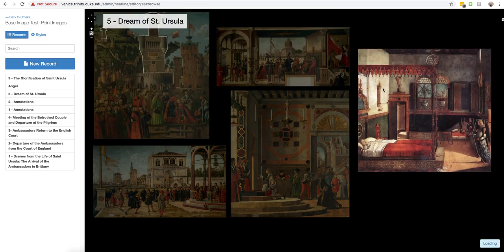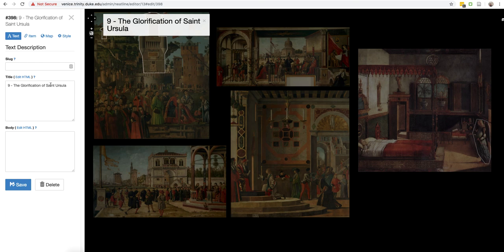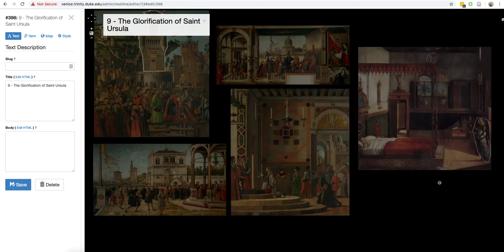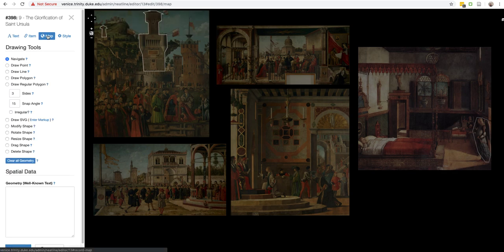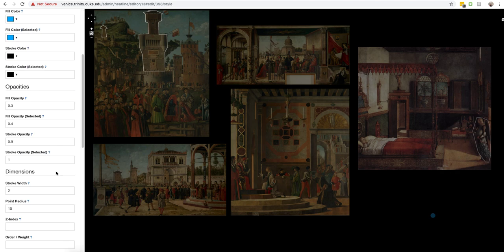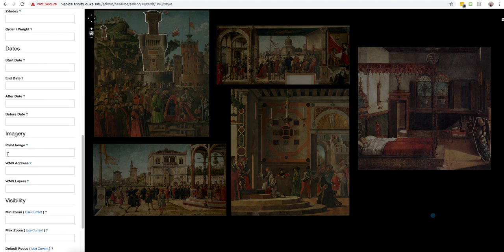So I've created a new record called The Glorification of St. Ursula, and I want to add that into this space. So first I'm going to go up to Map, and I'm going to click Draw Point, and I'm just going to put a point down here in an empty space, and then I'm going to go over to Style, and under Imagery, you'll see you have this Point Image